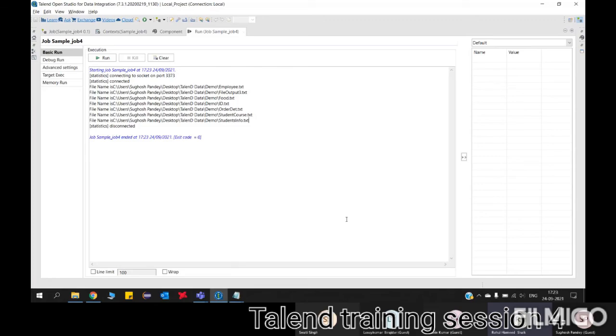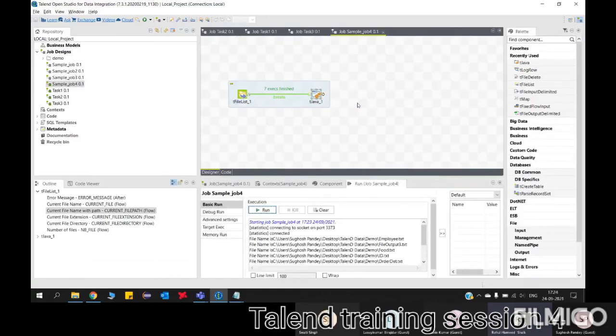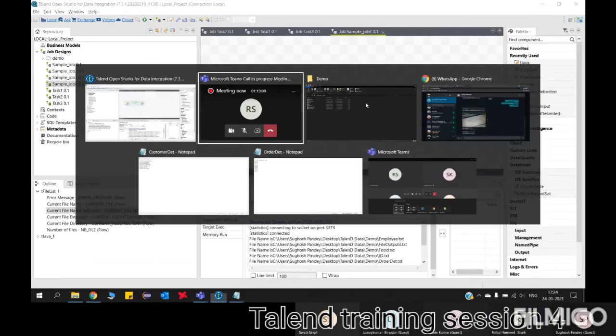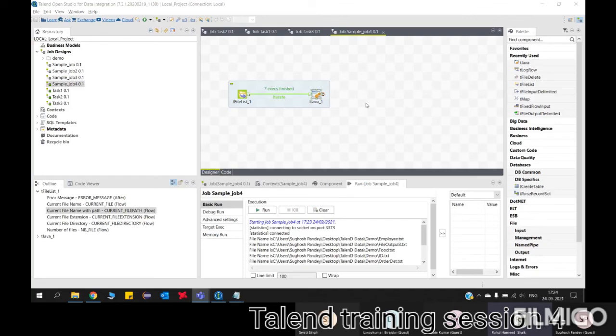So now 7 iterations happened because 7 files are there. If you place 10 files, 10 iterations will happen, and the second component will run for every iteration. That means 10 files, 10 iterations, 10 times it will execute. Now the second component tJava has executed 7 times. That's the reason you are seeing 7 different lines. Okay, any doubt about the iterate feature? Also, you can see current file extension, current file directory, current file, everything you can see, guys. Now you have printed